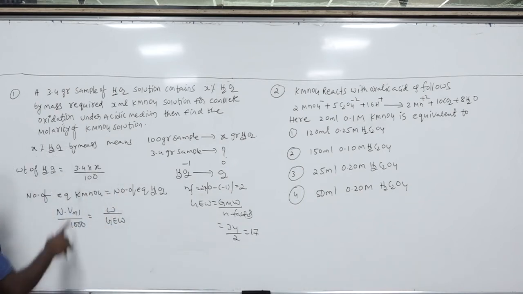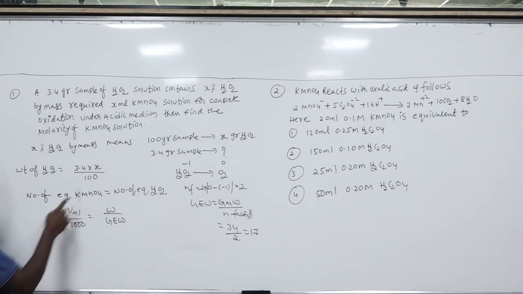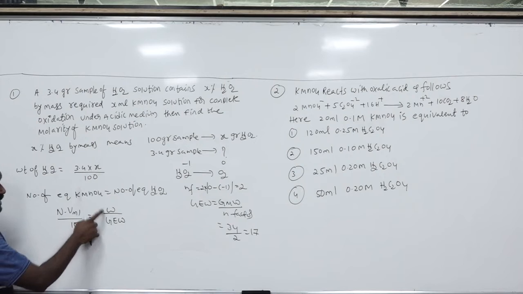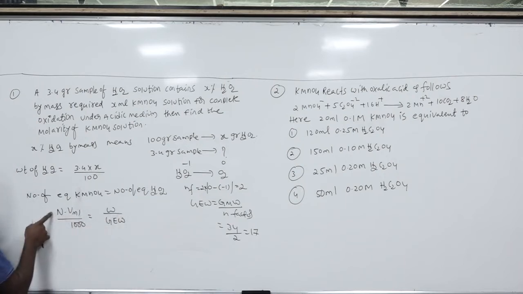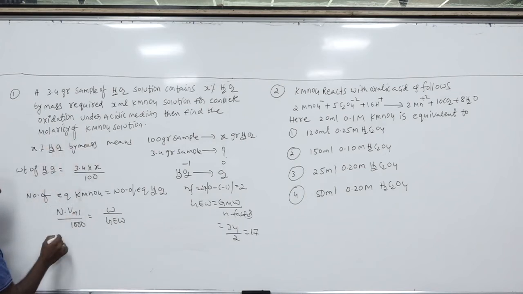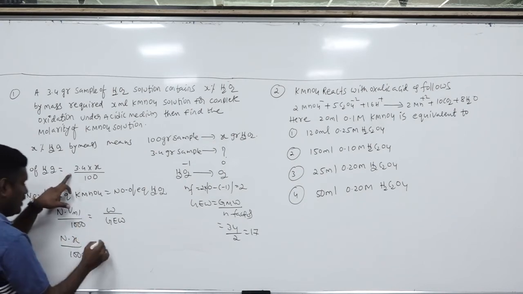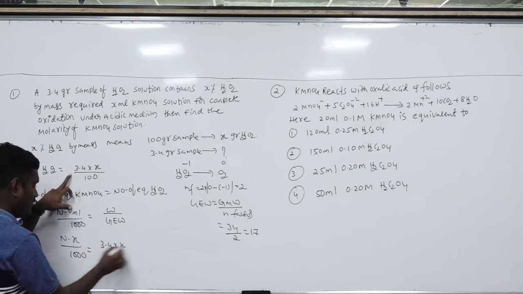Now, number of equivalents of KMnO4 equals number of equivalents of H2O2. Number of equivalents is normality into volume by 1000; W by GEW is also the number of equivalents. Why am I taking normality? Because the question is asking for the molarity, that's why I am taking it in terms of normality. Normality into volume X mL by 1000. What is the weight of the H2O2? 3.4 into X by